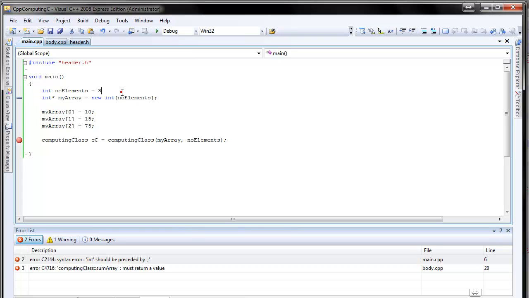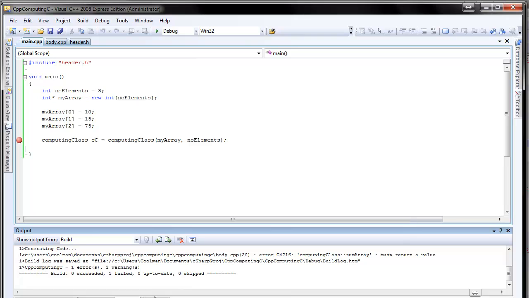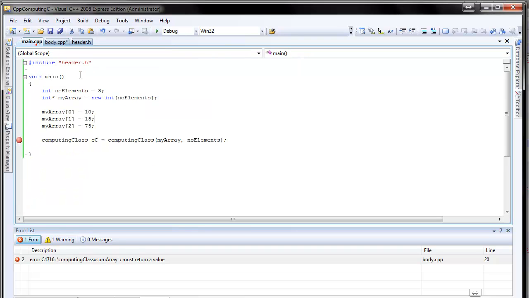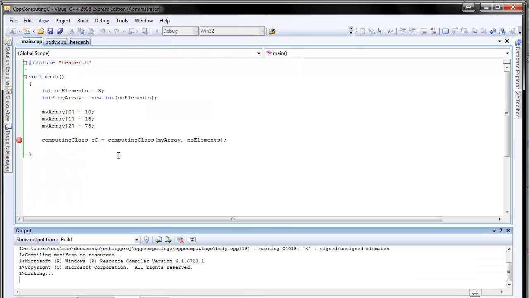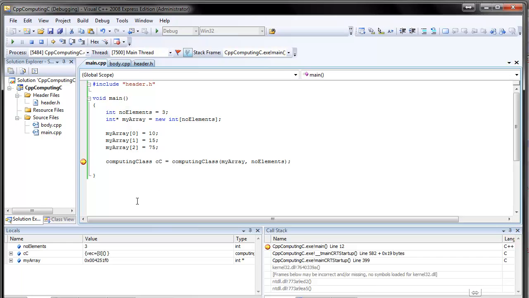What's the problem? I forgot to put this guy in here. Okay, return accumulated sum, of course. Stupid mistake. Okay,